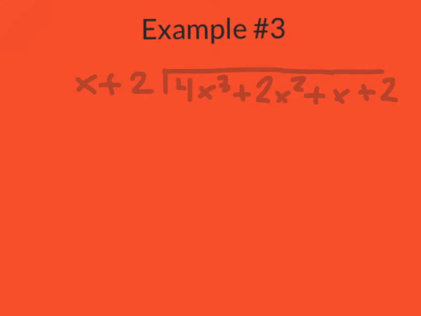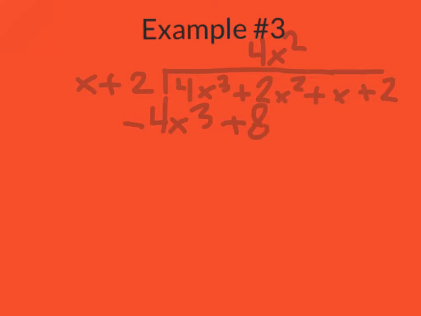For the last example, we have 4x cubed plus 2x squared plus x plus 2 divided by x plus 2. So in order to get that first number, 4x cubed, we have to multiply x by 4x squared times. So there's our 4x squared. And now we have minus 4x cubed